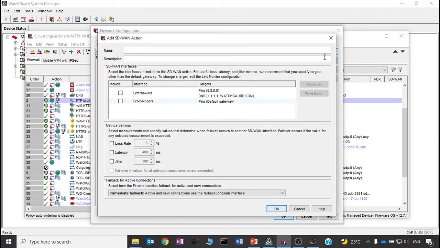So let's say that I want to apply this SD-WAN action on VoIP, right? I'm gonna call this SD-WAN action VoIP. And I'm going to say, hey, I'm going to be using 2 interfaces in here. If I have more, I can use 2 out of 3, or 2 out of 4. And then the metrics, when it comes to the loss rate, latency, and jitter, I can choose all of them